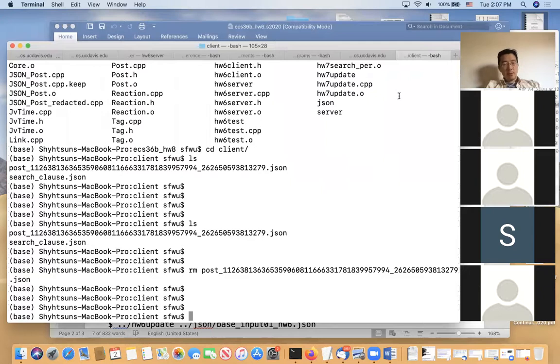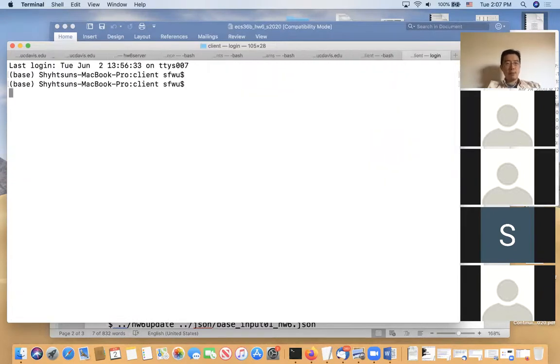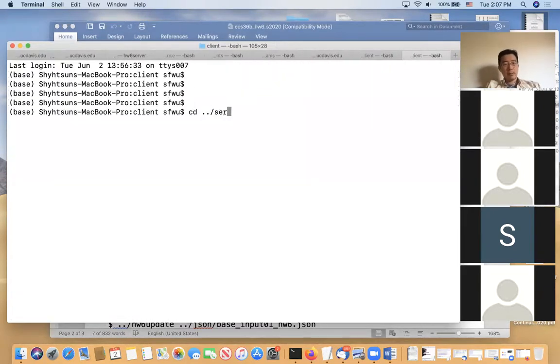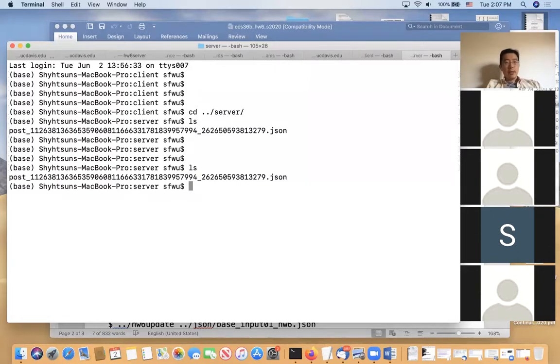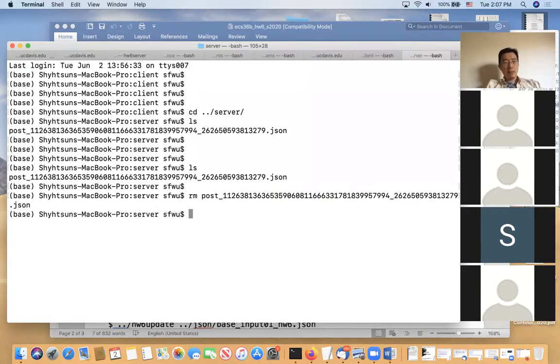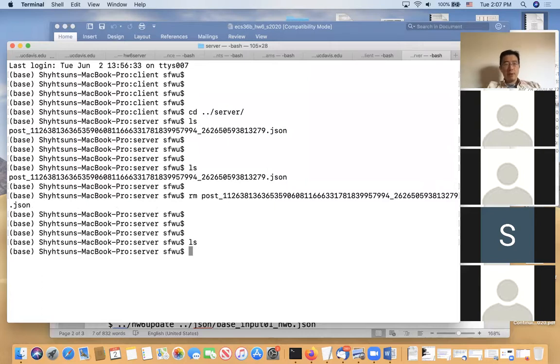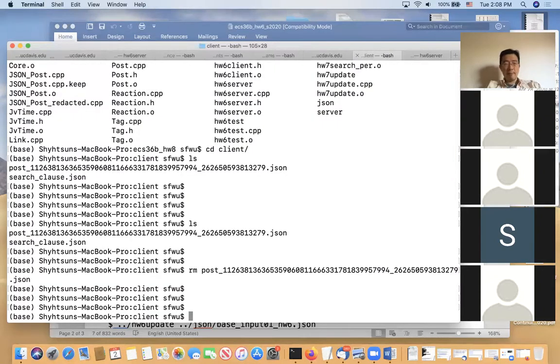And then I'm going to have another window. Okay, so I'm going to remove this as well. This was my previous run. So I'm going to do /HWA. By the way, wait a minute. /HW6 server. Okay, so I get my server running. So now I have two programs. I'm going to run, if I run